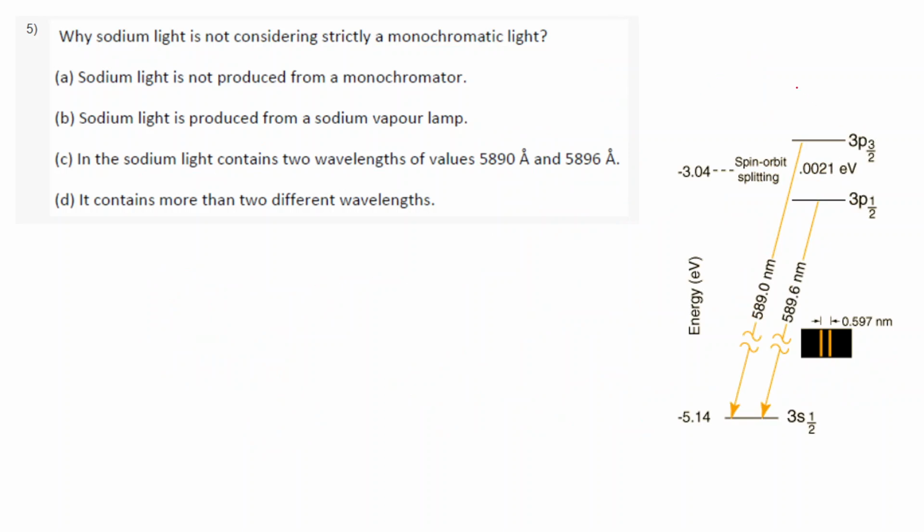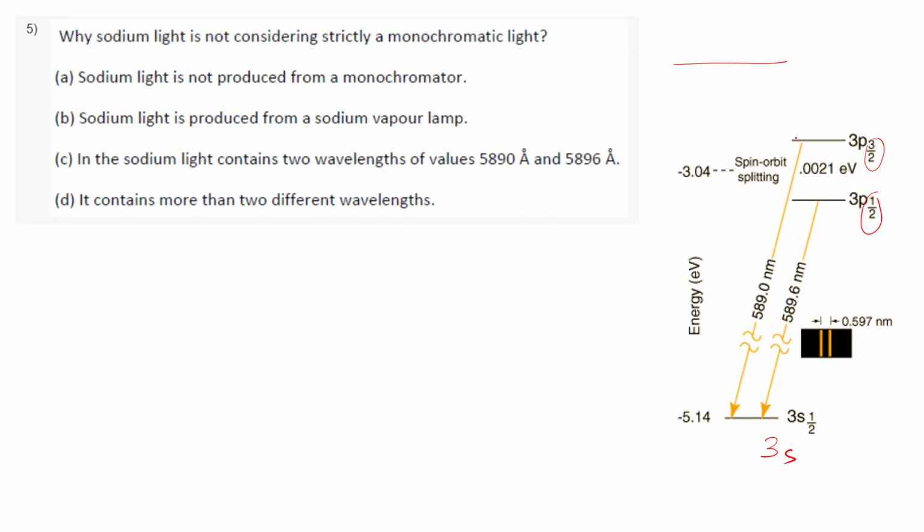The 3p level has, as I said, J values of 3/2 and 1/2. Because of this, the energy level that we think is single is actually split into these two very close levels. And when it comes to the 3s level, an electron can come from 3p 3/2 to 3s and 3p 1/2